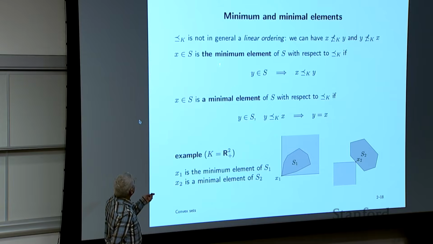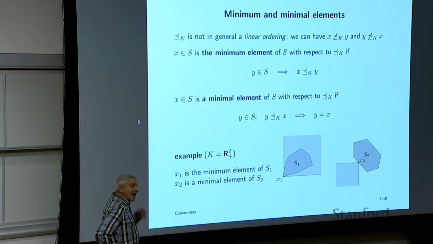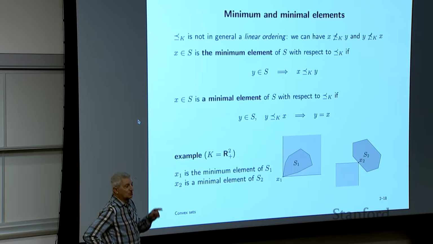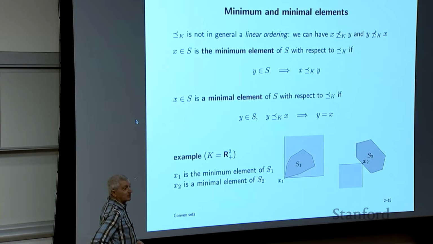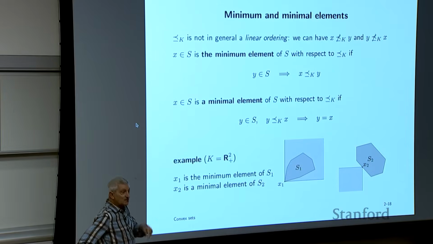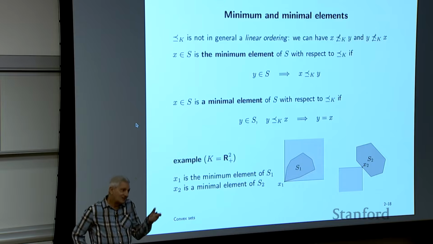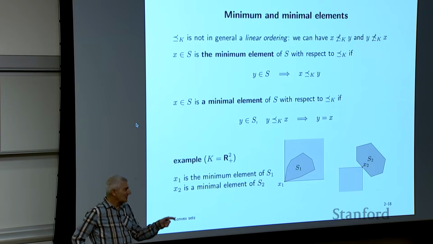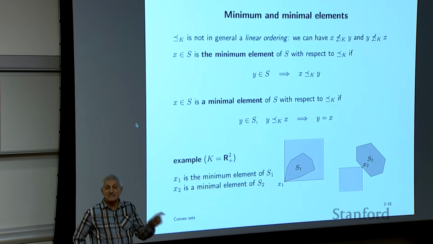So minimum means that it's a point in the set with the following property, that everything else in that set is comparable and larger than or equal to u with respect to that inequality. That's what minimum is, right? It's not hard to show that there's a unique minimum. In other words, you can't have two different points which are both, well, before you show it, you'd have to say a minimum, and then after you show it, you're allowed to say the minimum.